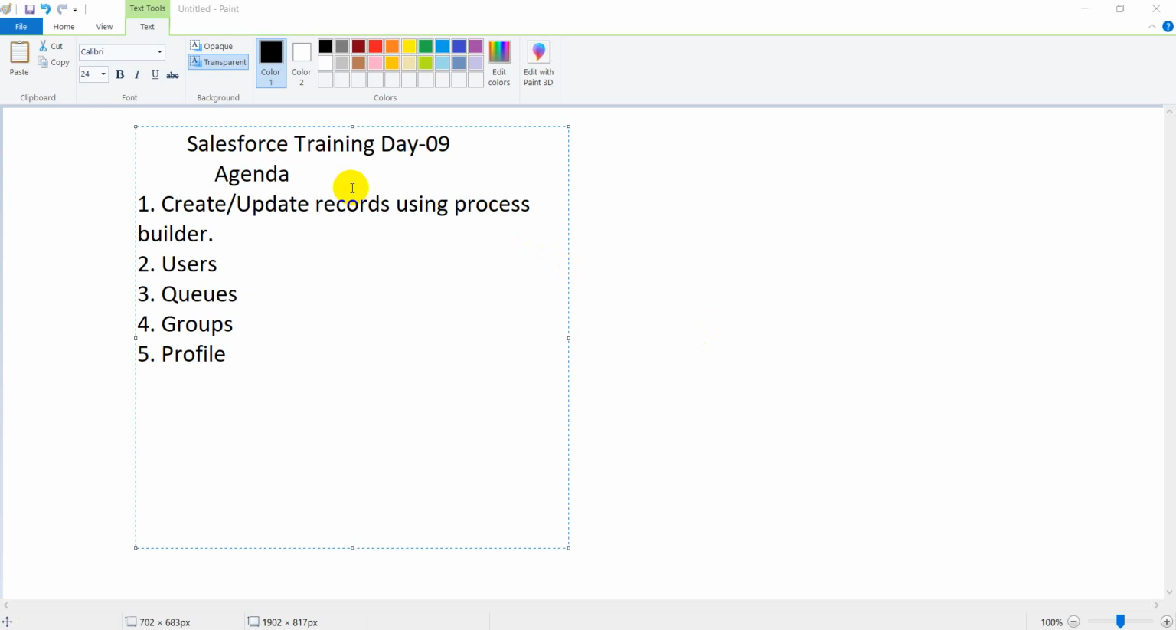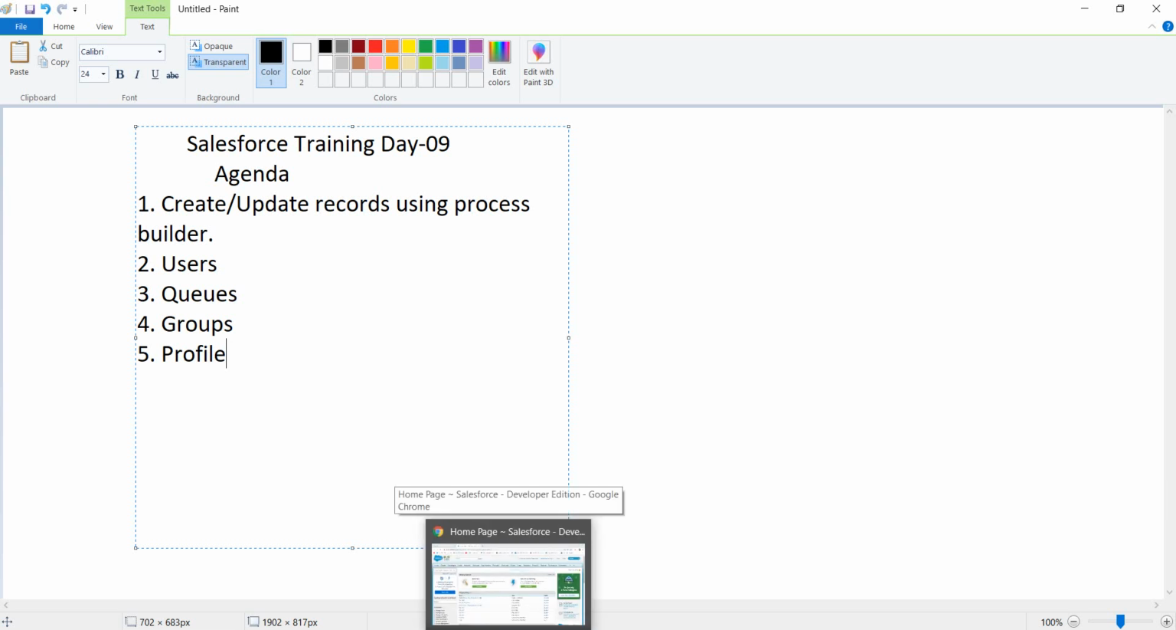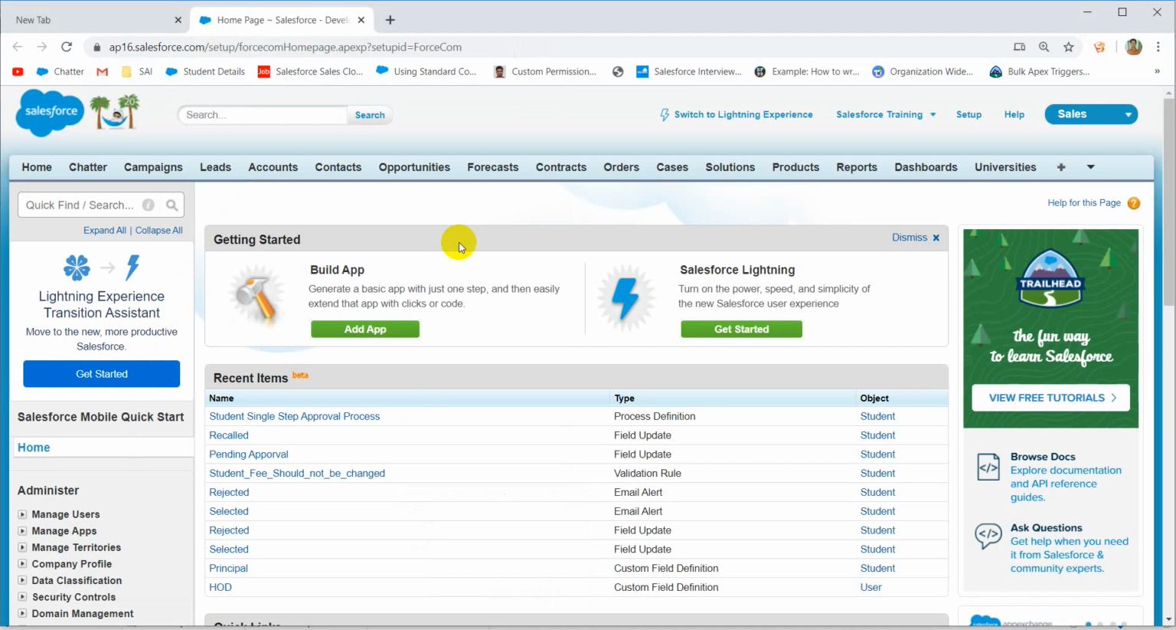Okay, so today's agenda is, we have already discussed how to create or update records using the process builder, and then we'll see users, how to create a user for the different customers, and what are the different statuses of users. Okay, then let's see the queues and groups. If time permits, we'll see retailing profile. Okay, so now